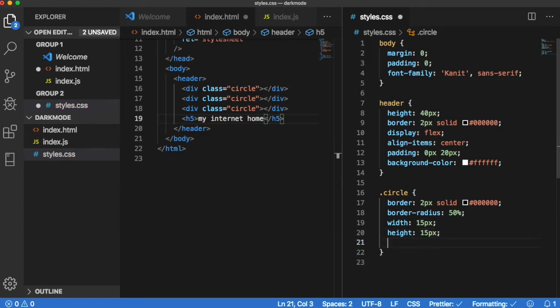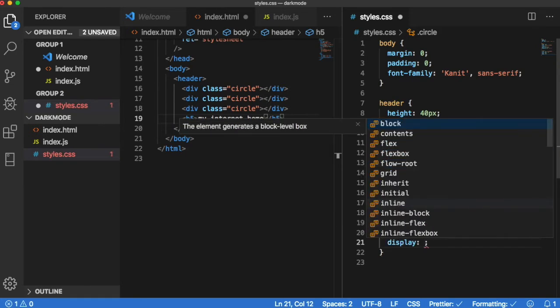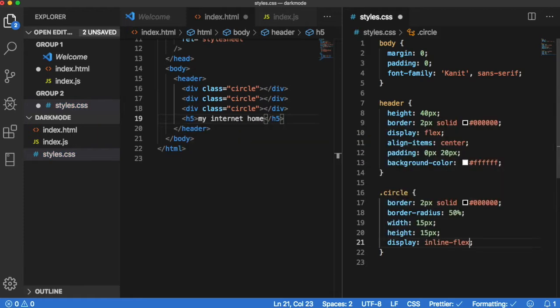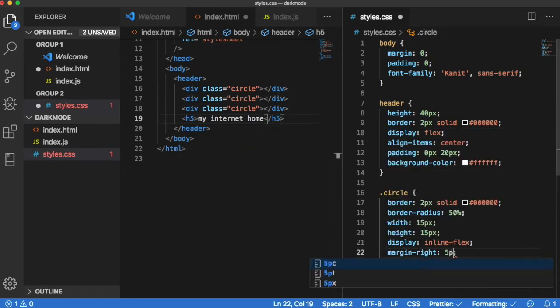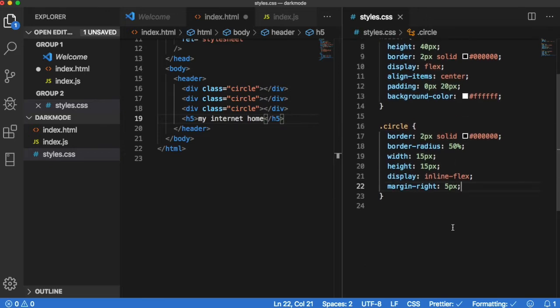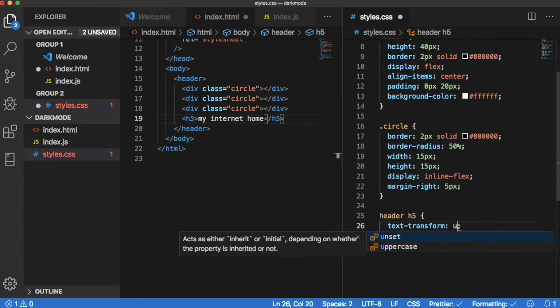And then in order to make them display in a line, I'm going to display inline flex. And then to space them out, I'm going to give them a margin right of 5 pixels. Cool. Let's go on to our H5, which we can select through the header, H5, and we are going to first text transform them to uppercase,